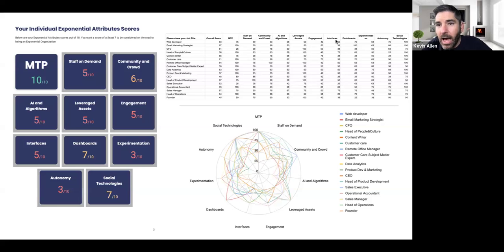I do see that there's a question from Alexandra asking, has this been applied in the nonprofit sector? And the answer is yes. This has been applied in the nonprofit sector, as well as in government. So absolutely, this does work in that sector.